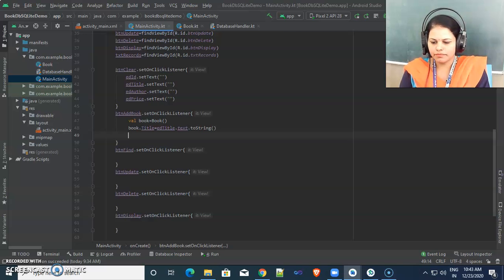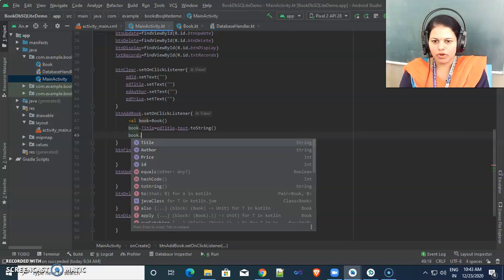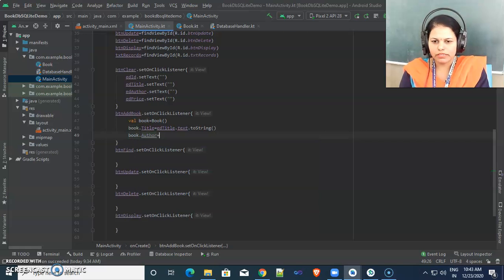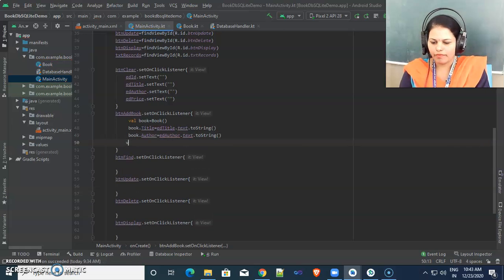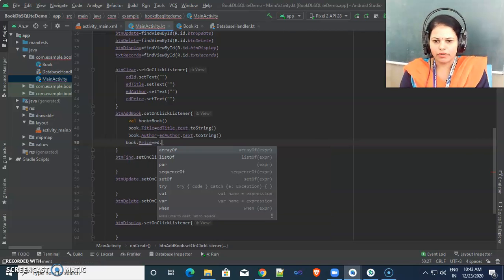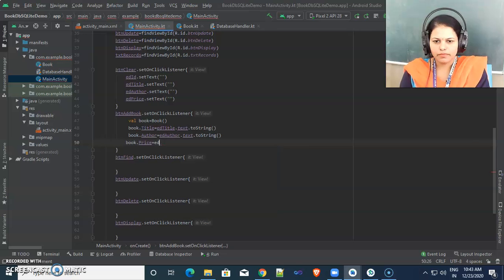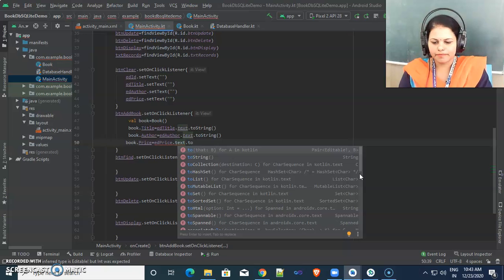Then book dot author is equal to edit text author dot text dot toString. And finally book dot price is equal to edit text price dot text, with integer dot parse int.